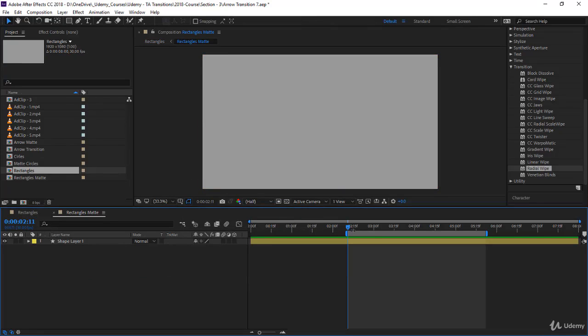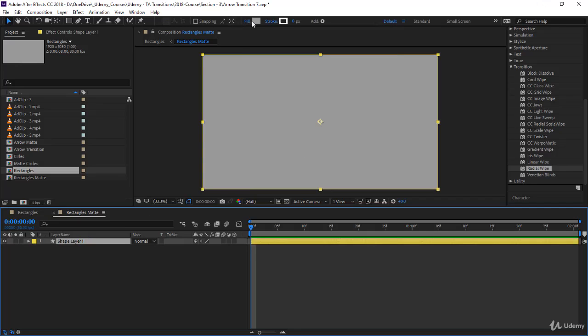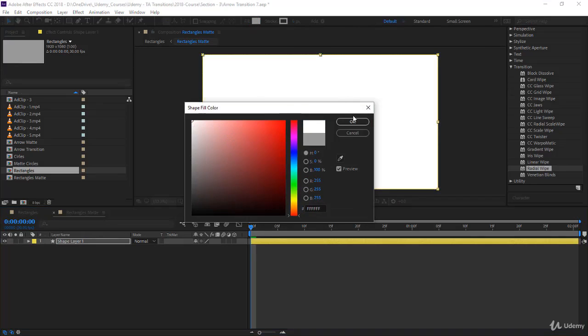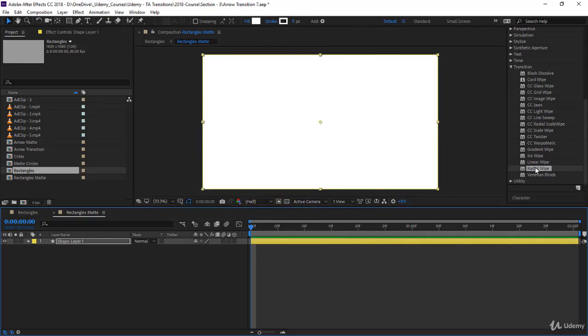Fine. So the effect I want to use here is gonna be the radial wipe. First, let's adjust the composition. Let's come to 2 seconds here. Press N to bring the work area and to the timeline indicator. Right click and trim comp to work area, and here you are, you have 2 seconds. For the first shape layer, I'm gonna change the color to white just for now, and then apply the radial